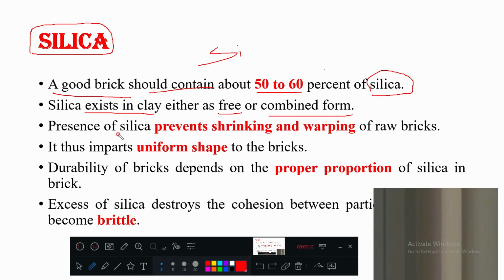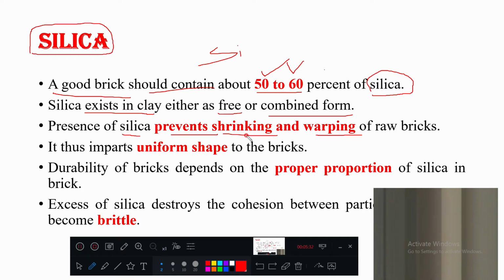Presence of silica prevents shrinkage and warping. What will happen if you add silica? The shrinkage will be less. That means silica prevents shrinkage and also warping. So silica is very important. That is why its composition is the highest, 50 to 60%.